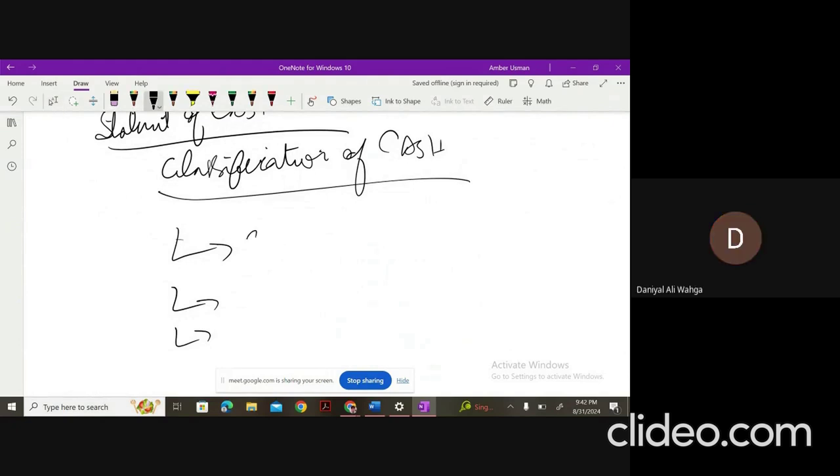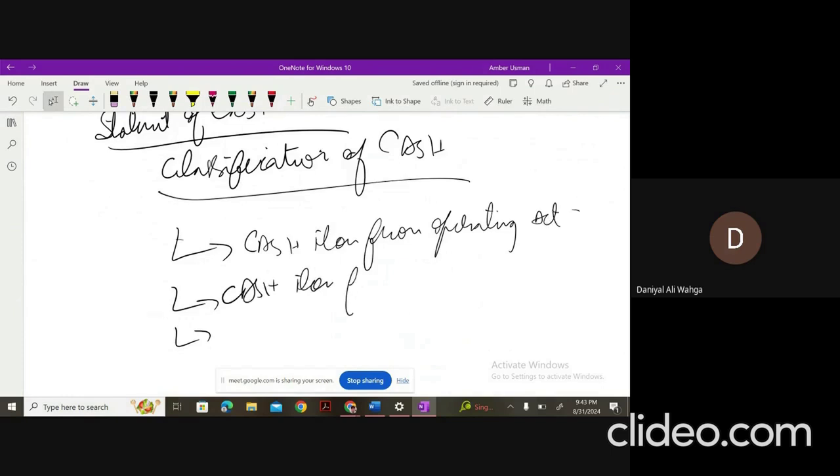One is the cash flow from operating activities, cash flow from financing activities,